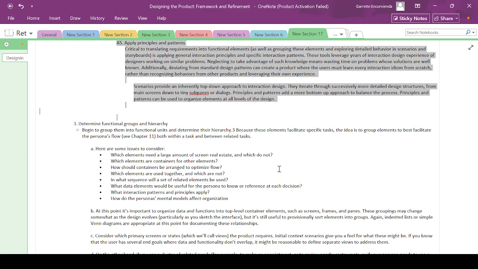So these principles and patterns, however, are coming from the bottom up. Principles and patterns can be used to organize elements at all levels of the design. So in each step of the design process, these patterns allow us to organize our thoughts, categorize things, to group things while we're doing the design. Kind of like how basics always allow you to be grounded because you've always started from there. That's how the patterns and